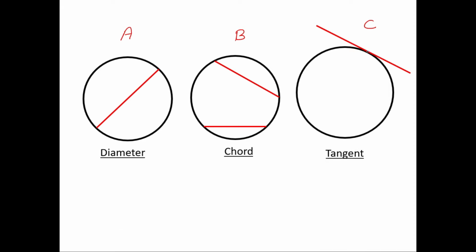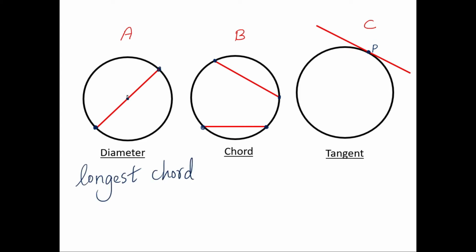You have to note that the tangent touches the circle at exactly one point, and this is called the point of contact for the tangent to the circle. These are chords. Now the specialty of a chord is that the endpoints of the chord lie on the circle. Now here again, the diameter is the longest chord